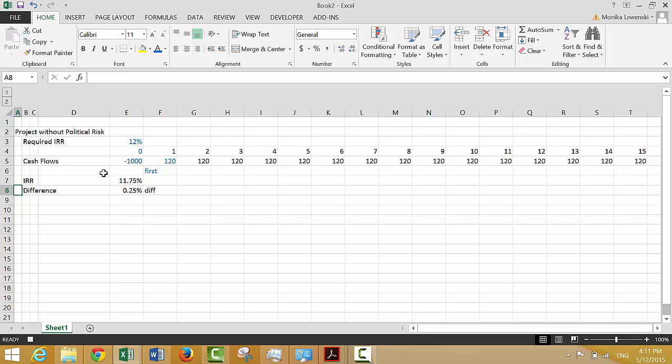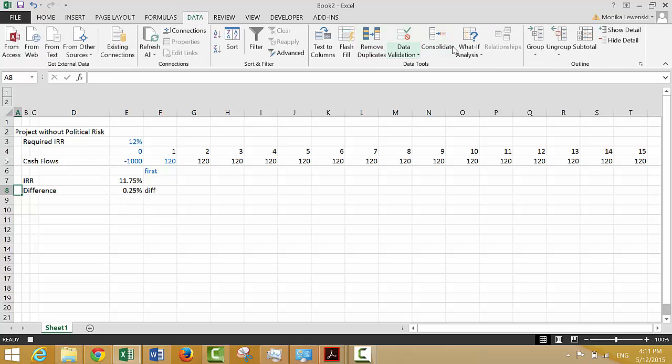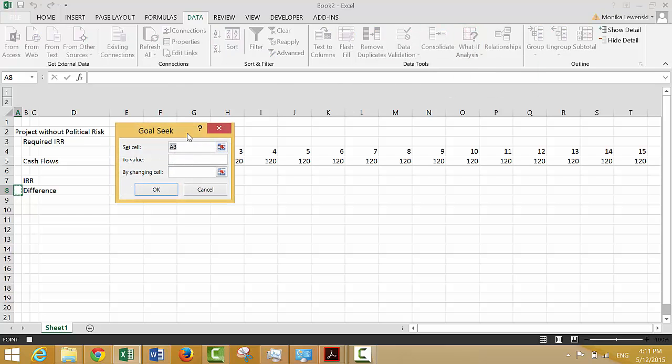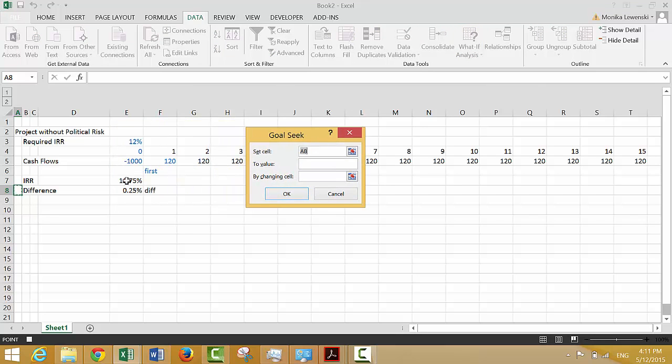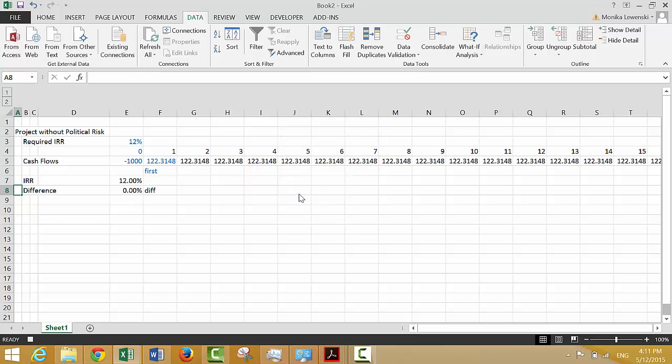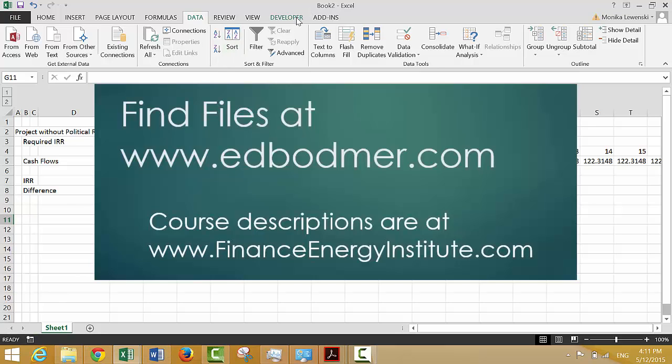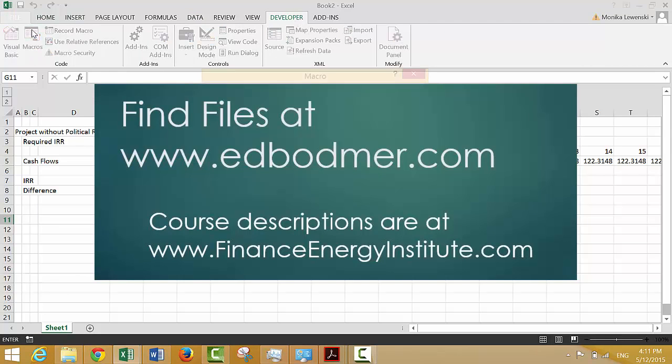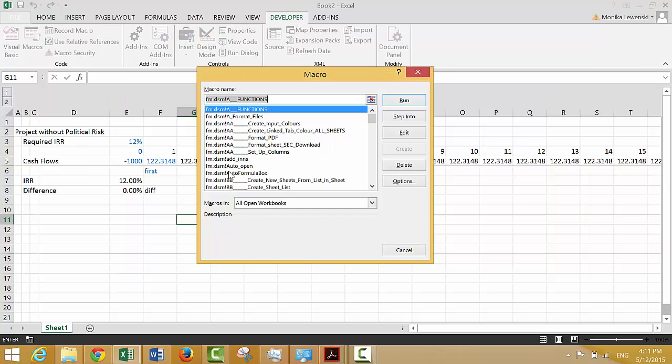Okay, and let's go to our data sheet and go to what if analysis, goalseek, and we click on the set the difference, and we make that equal to 0, and we change the first year cash flow. Okay, and we press OK, and we stop the macro. And then when you make a macro like this, you can go to the developer and macros, and you better,